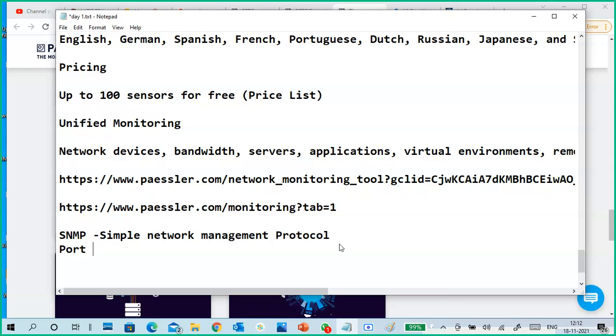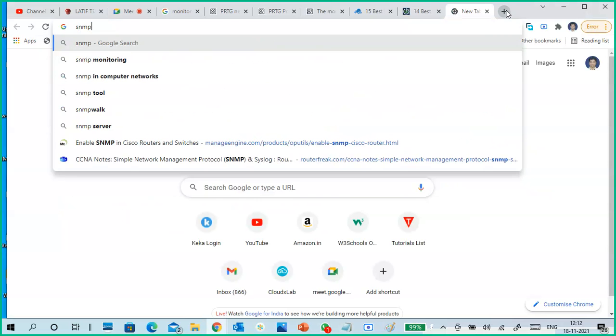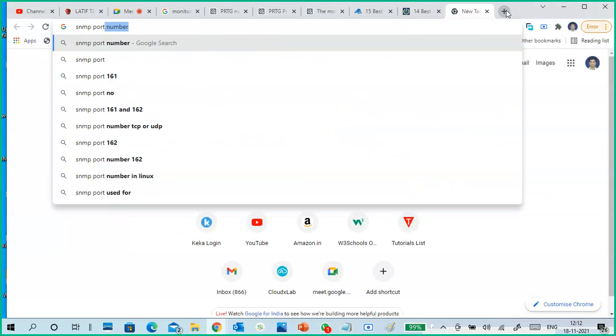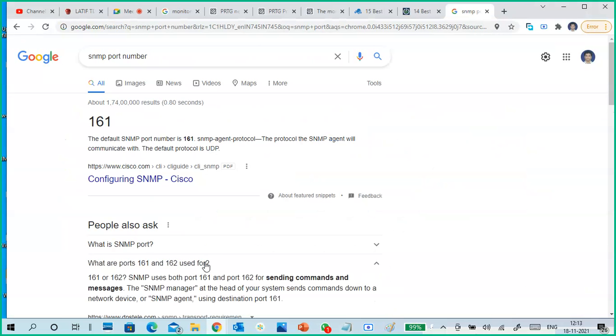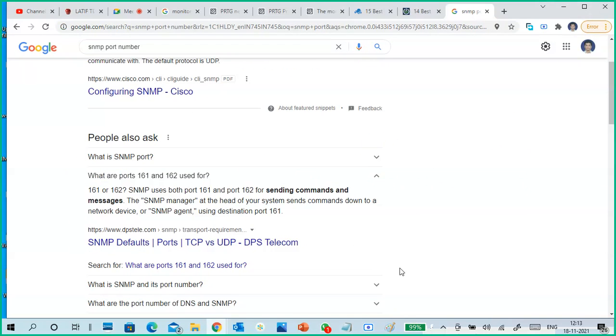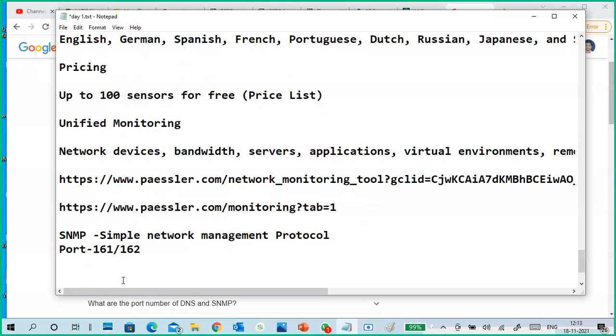The port number is 161 and 162. Otherwise, a little bit different, 160 or 161. SNMP port number 161 is given, but actually, yeah, right, I am right. Always recollect or check it. That's how we can remember the port number.